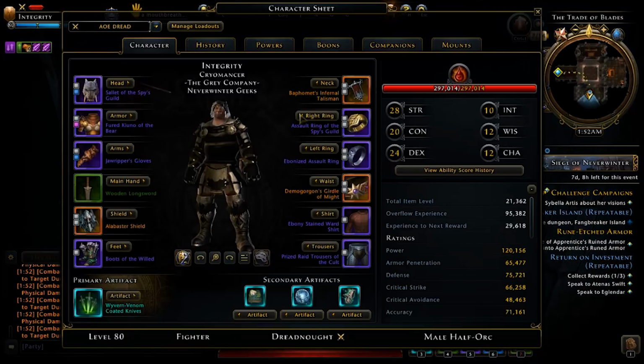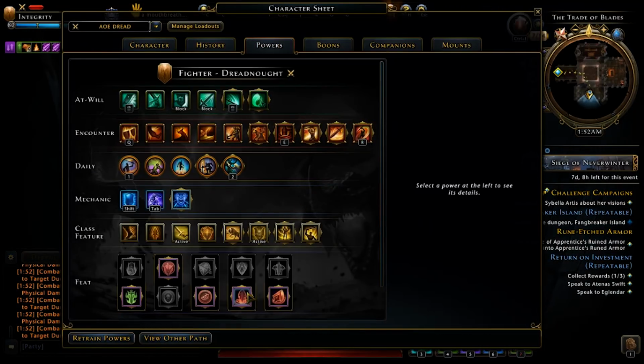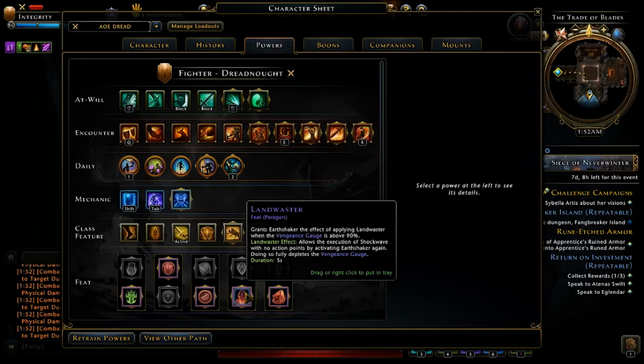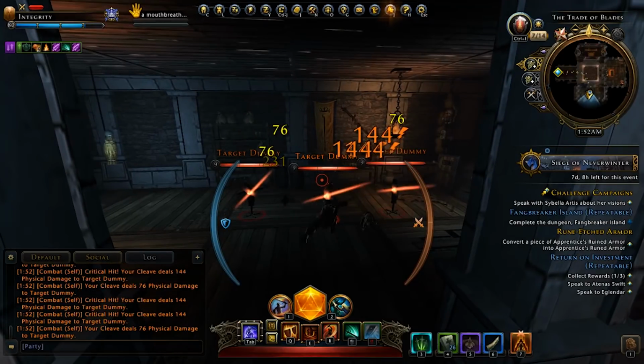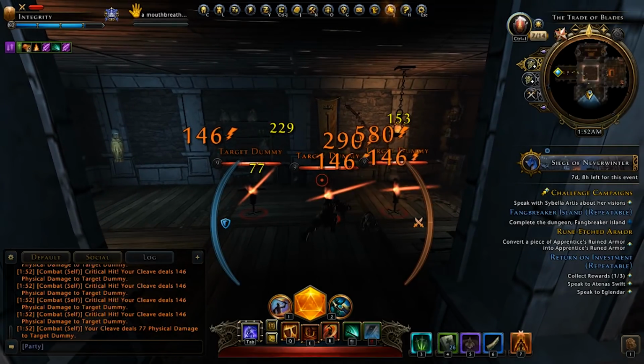Okay. Next we have Land Waster. Grants Earthshaker the effect of applying... So basically when your vengeance is above 90%, you get to execute a second daily for free. So yeah, it's good to have...